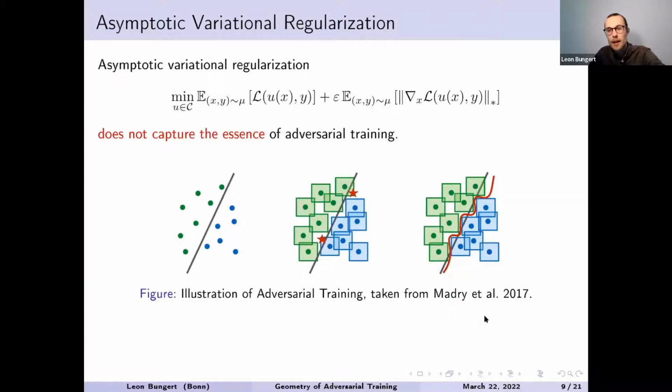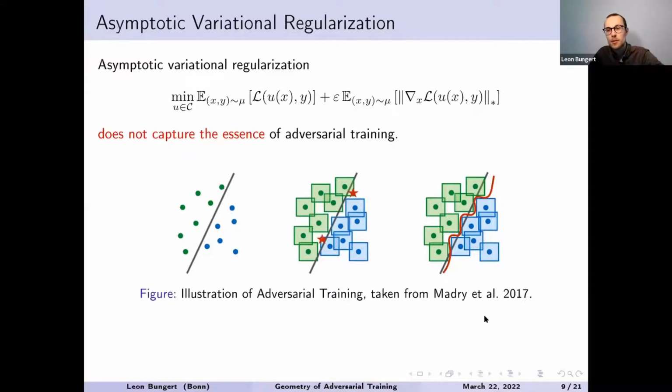And I would like to support this claim with a simple example taken from the original adversarial training paper by Madry and co-authors. And I always use this figure because it's just the best figure that you can use for adversarial training. So here the situation is that you want to separate blue points and green points. And so the explicit solution to the empirical risk minimization problem in this setup is just this linear classifier. However, it turns out that the linear classifier is not adversarially robust, because as you draw small epsilon balls around your data points, some of these epsilon balls intersect the decision boundary, and hence you'll be able to generate misclassifications